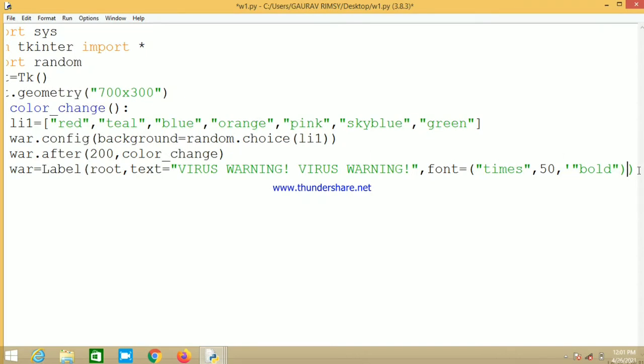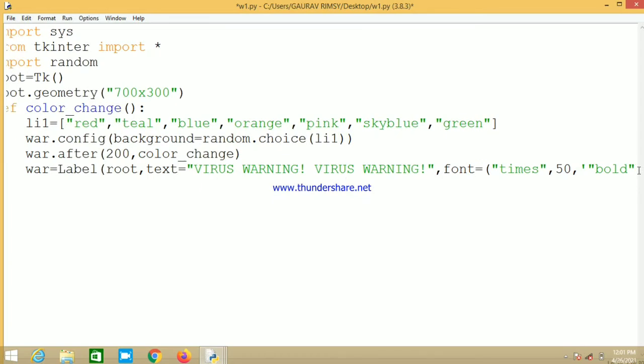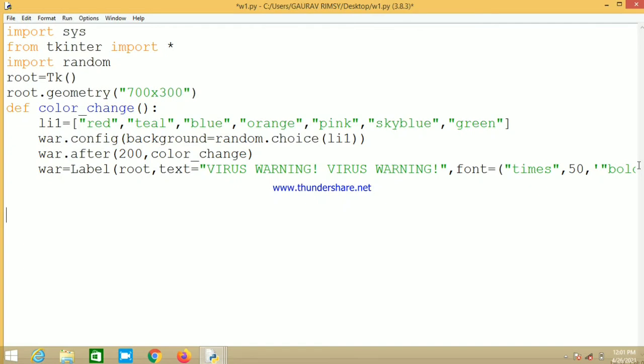After that we need to define the grid method. Here we are defining one grid method. Here there is a mistake, as you can see it is showing one mistake over here.